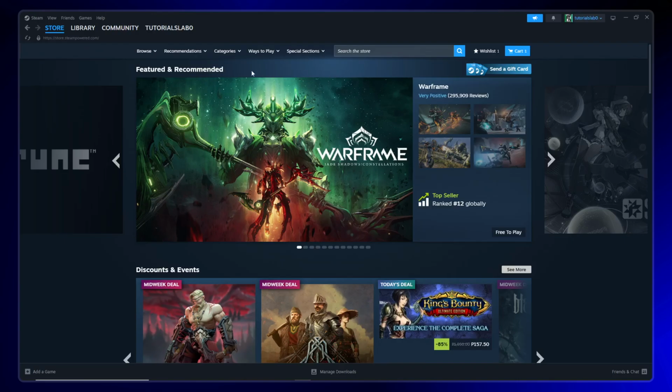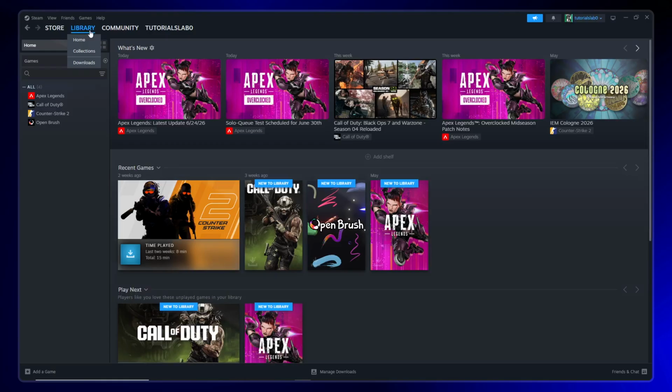Now, switch over to your second PC. Open the Steam app there and log in with your credentials. Once you're logged in, navigate to the upper left corner again and click on Library. This will display all the games available in your Steam account, including those installed on other computers where Remote Play is enabled. Browse through your library and click on the game you want to play that's installed on the host